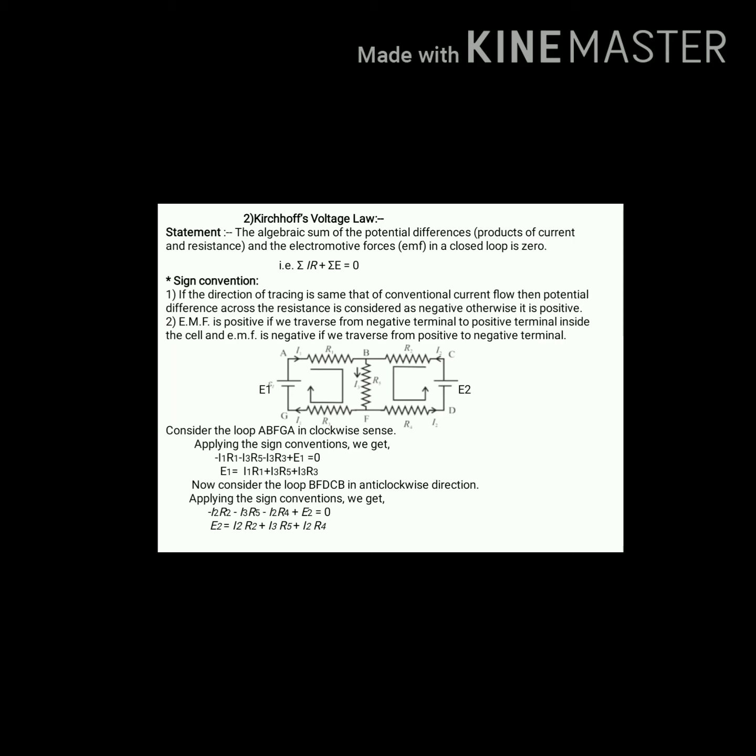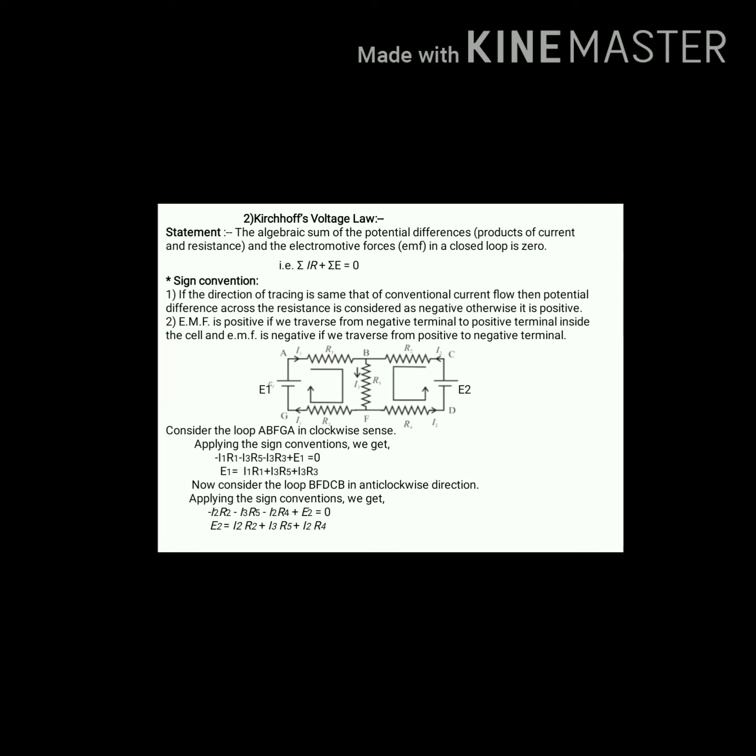प्लस E1 इक्वल टू 0. आता याच्यामध्ये एक लूप कन्सिडर केलेला आहे ABFG अँड अगेन A. या लूपमध्ये करंट फ्लोईंग फ्रॉम पॉझिटिव्ह टर्मिनल टू द निगेटिव्ह टर्मिनल ऑफ दी सेल. I1 दॅट इज द करंट फ्लोईंग अक्रॉस दी रेजिस्टन्स R1. B या पॉईंटला करंट हा स्प्लिट झालेला आहे I1 अँड I2.